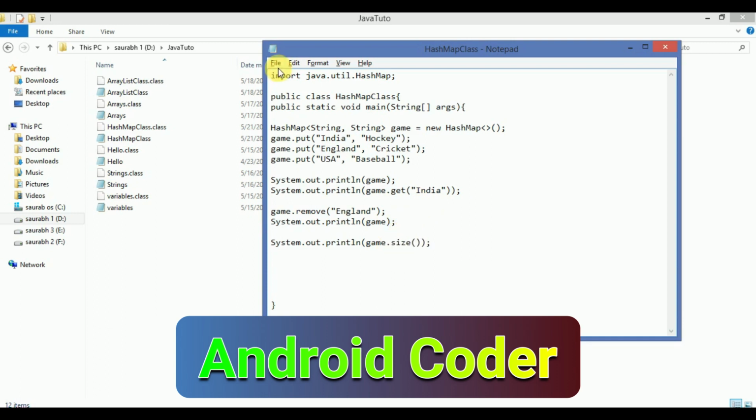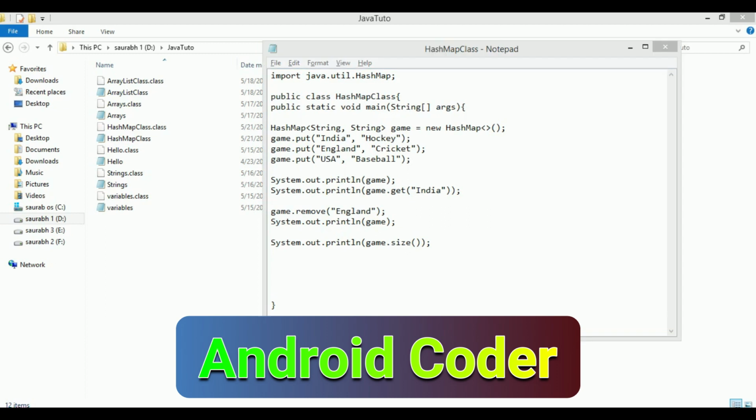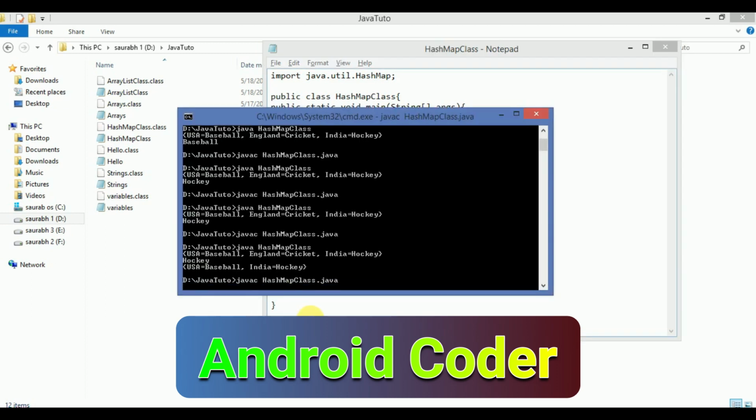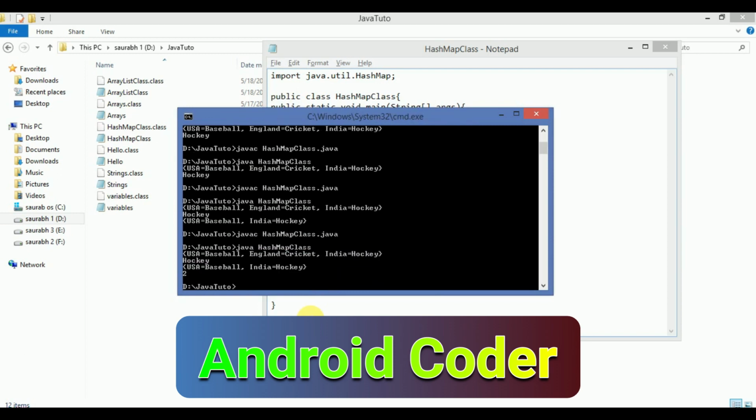Now save it, go to command prompt, compile it first and run. Here you can see this shows 2 because a key-value pair I have deleted already. Earlier you saw 3 keys and 3 values. Again we deleted an element, so here it prints 2.